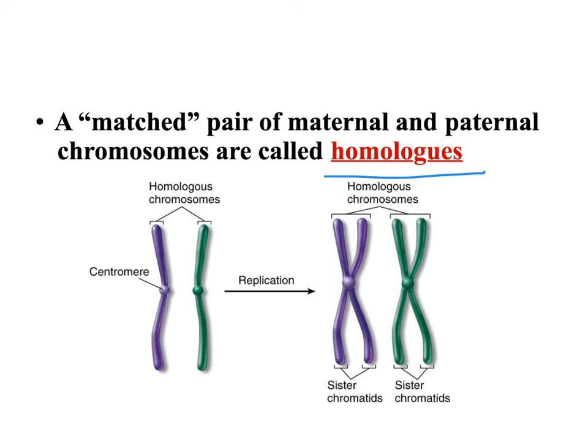A matched pair of maternal and paternal chromosomes are called homologous chromosomes. Homologous chromosomes are a very, very important vocabulary. You have to understand what are the differences between homologous chromosomes and duplicated chromosomes. You see, there are two chromosomes here, chromosome 1, chromosome 2. For example, this purple one comes from your mother and the green one comes from your father. And in your zygote, the two chromosomes are together. If these two chromosomes are responsible for the same characters, for example, eye color, there is a gene for eye color in this chromosome and in that chromosome also,